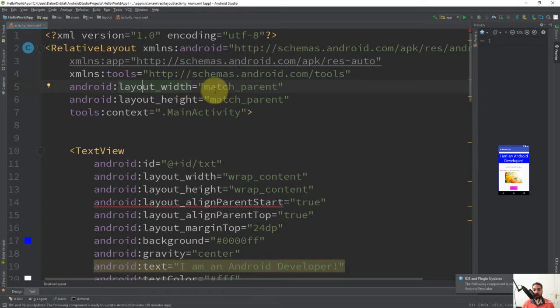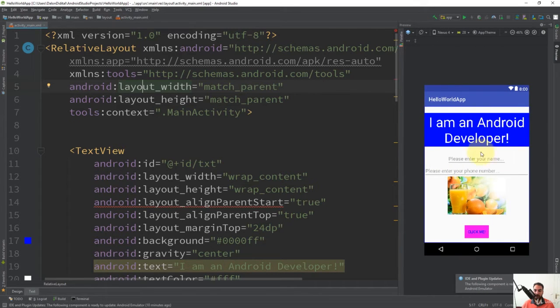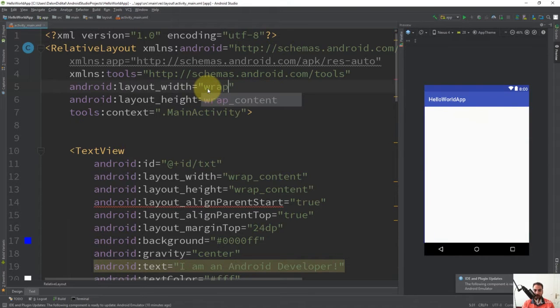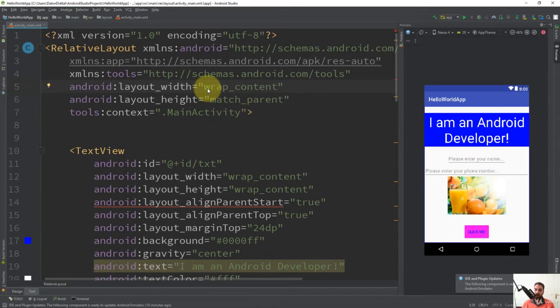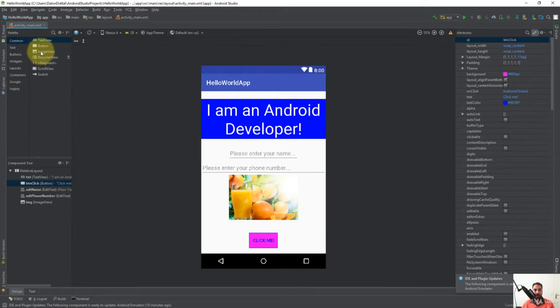And the layout width should always be match parent for the root layout because the root layout is going to contain other layouts. So if I show you the preview here, if the layout width is not match parent, and for example, it is wrap content, then it is going to also show the component, but it's going to cause problems at first when we want to add the components to the layout. In that case, if the layout width is wrap content, the user may not be able to add the components to the design. For example, I would not be able to add a button to the design when the layout